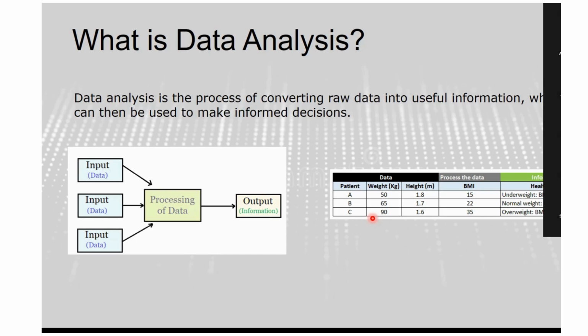But a doctor needs to do a processing of data and calculate the BMI, which is the body mass index. And the body mass index actually tells the doctor more about you. So if you have a BMI less than 18, you are underweight. But if you have a BMI between 18 and 25, patient B, that is a normal weight. Or patient C, having a BMI of 35, that will be considered overweight because the BMI is above